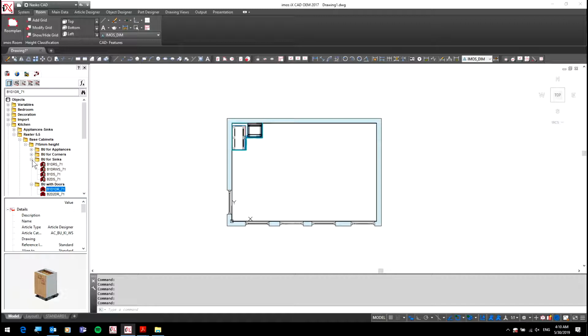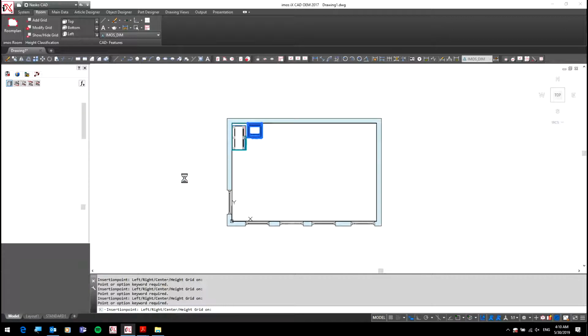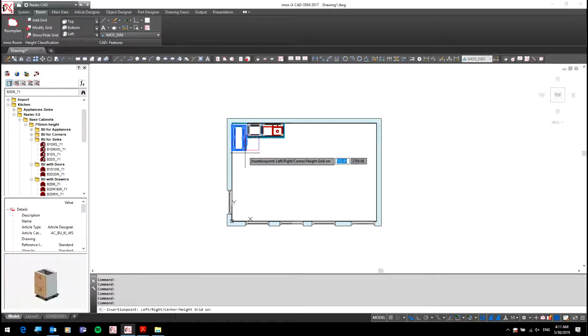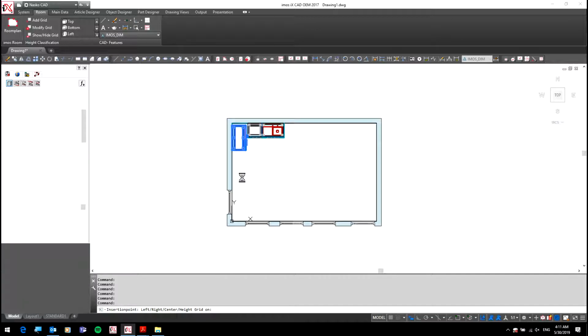And then maybe some sink, article with a sink. Okay, so you know how to do that. So we're just building some cabinet, some kitchen, and then after that, when I'm done,